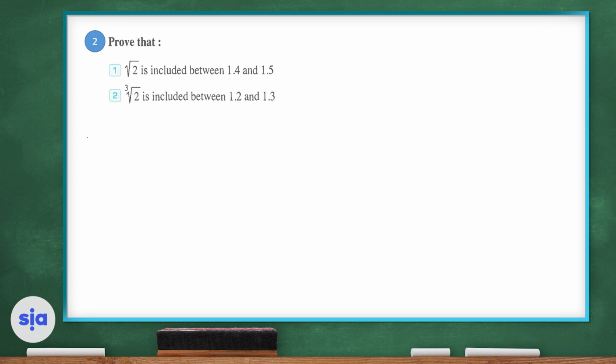Let's now move on to question 2. In question 2, take care, it's not a square root, it's a cubic root. So we're going to take each of the 3 numbers that we have and raise every number to the power of 3. So, in question 2, cubic root of 2 to the power of 3 is 2, where 1.2 to the power of 3 is 1.728, and 1.3 to the power of 3 is